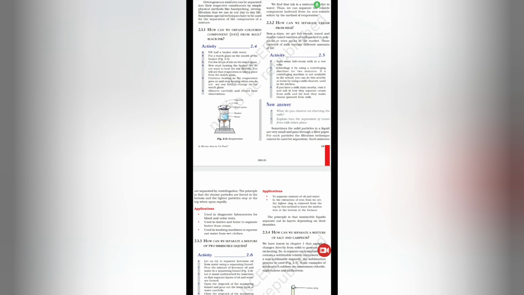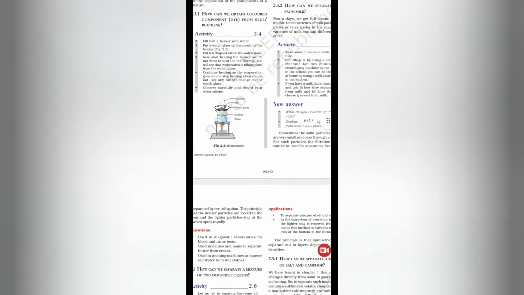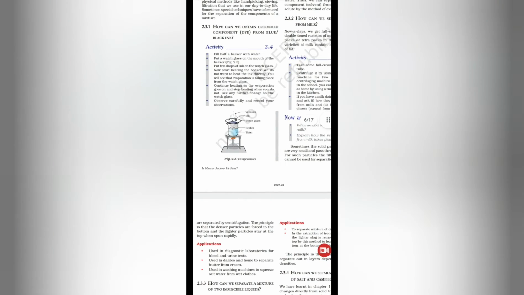So let us see one by one. First one was about evaporation. So here the activity is conducted by taking a beaker half filled with water, and then you are